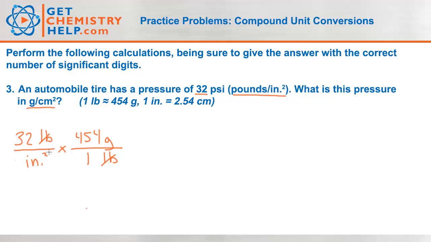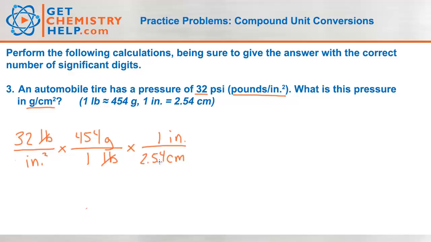Okay, now I need inches squared into centimeters squared. So let's look here. Well, inches are on the bottom, so inches will have to go on top here. And then I need some kind of conversion that will get me closer. And look again, they told me 1 inch is equal to 2.54 centimeters. So inches on top means centimeters will go on the bottom. So 1 inch,